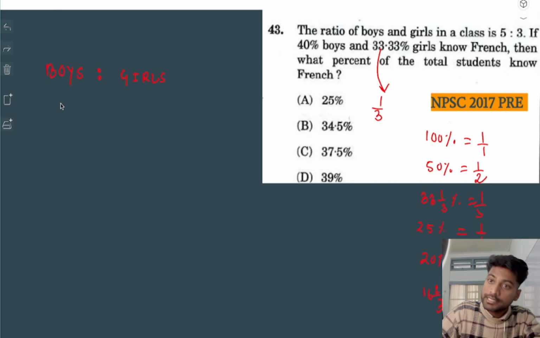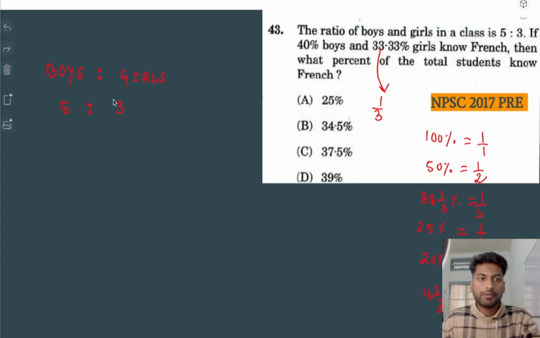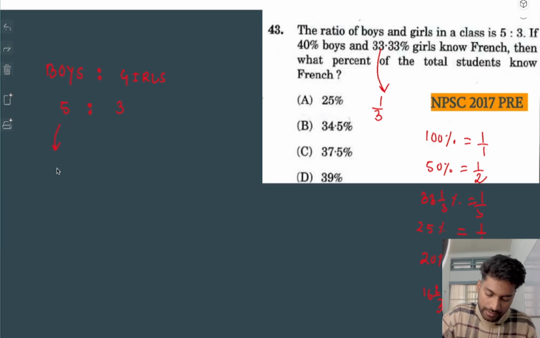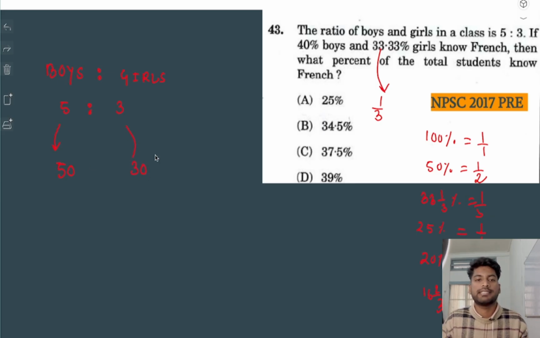So they are saying boys and girls are in the ratio of 5:3. I can calculate with 5 and 40%, but for ease of calculation, I'll assume boys are 50 and girls 30. You can multiply or divide both sides by anything in a ratio. So I just assume we have 50 boys and 30 girls. Got it? And from there